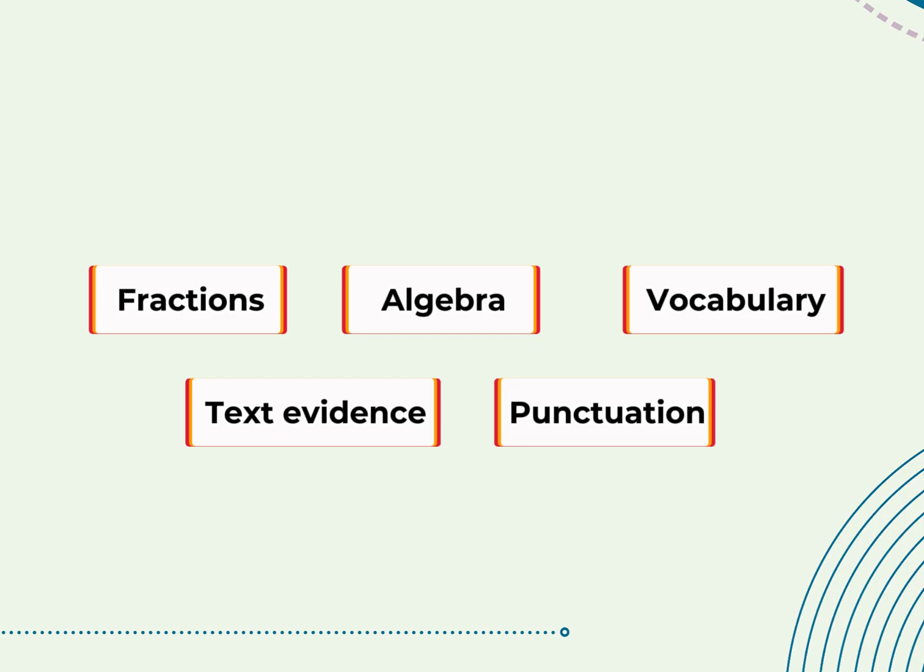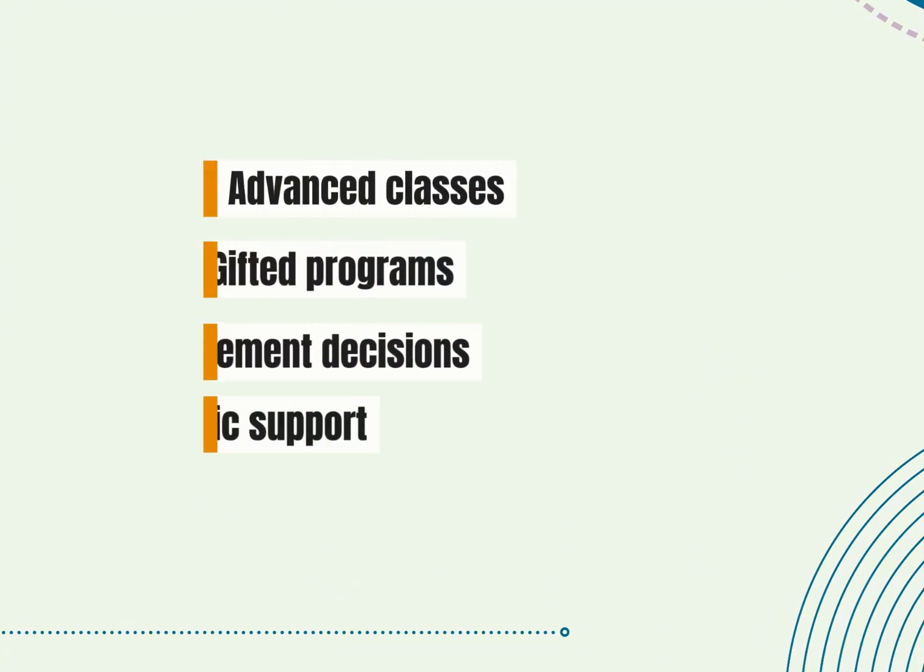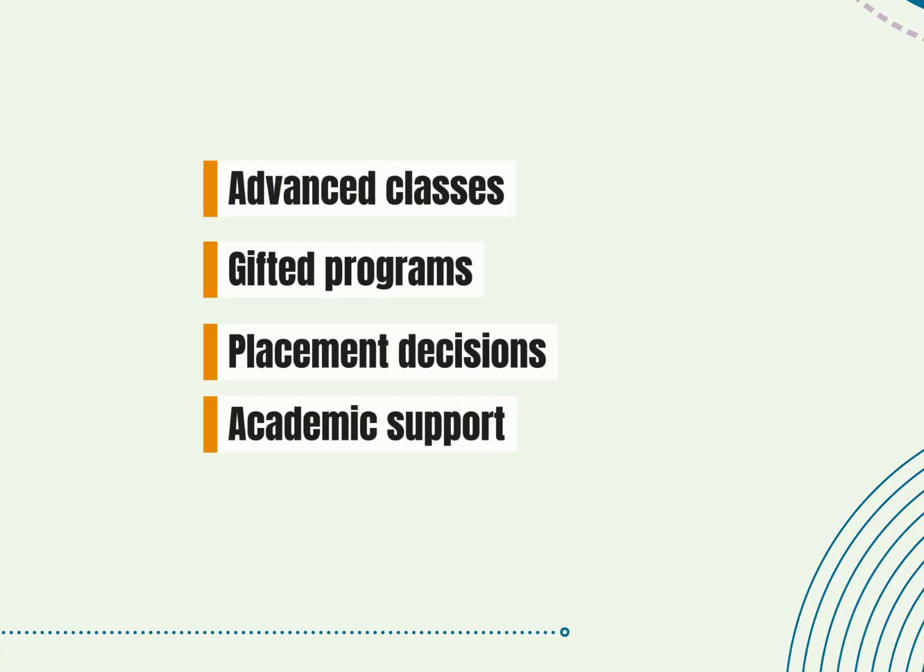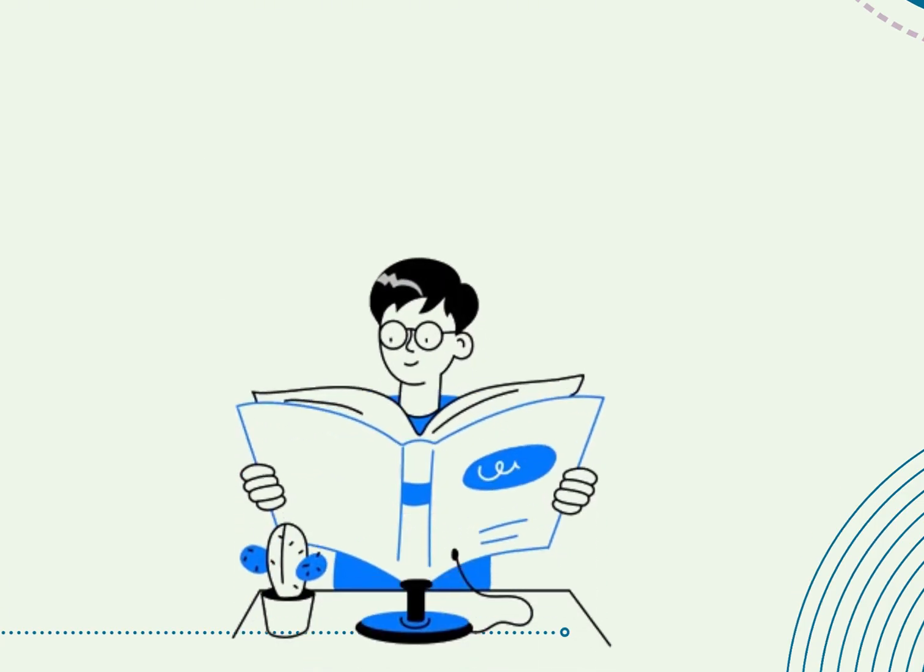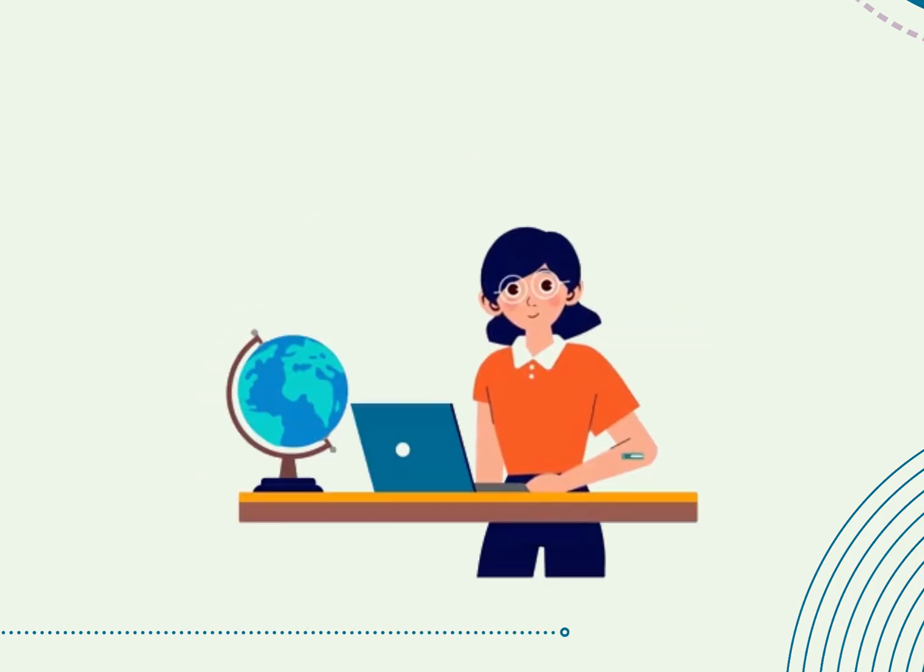skill area. Some schools also use MAP results for learning groups, academic support, advanced classes, gifted programs, or placement decisions. Not every school uses MAP in the same way, but the report can still help you understand what to strengthen